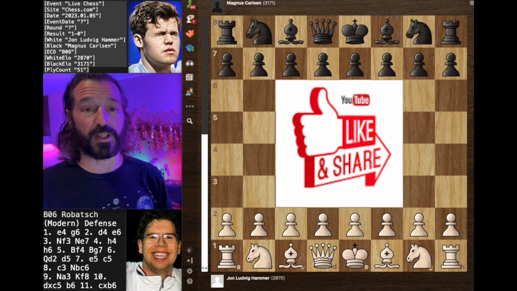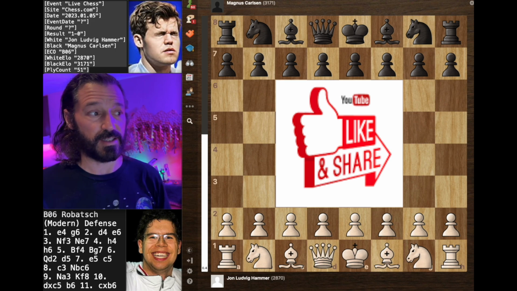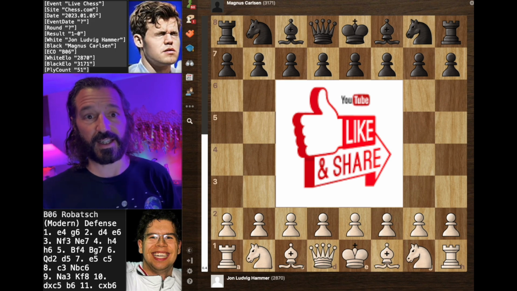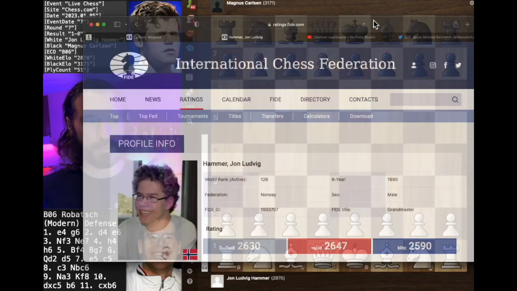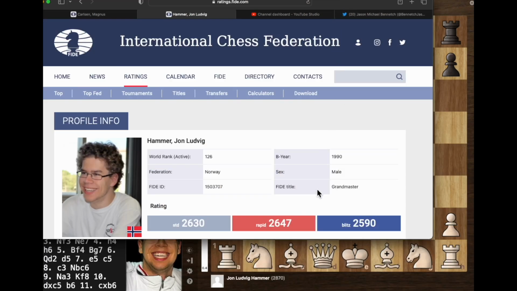This one actually played to the incredible checkmate. Magnus, a great sport, allows, I mean, the most spectacular checkmate combination I've ever seen in more than a decade of doing this. So Magnus Carlsen is playing against fellow Norwegian Jan Ludvig Hammer, also a grandmaster, rated at